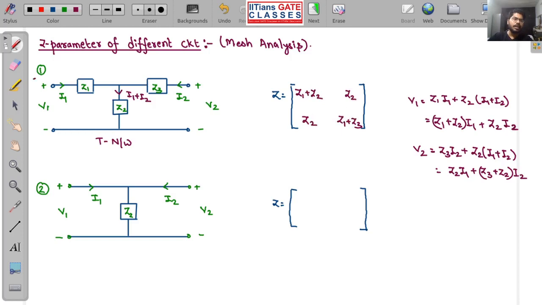So remember this circuit, these are all my standard circuits. Now what if my Z1 and Z3, the impedances, are 0? So what will happen? Simply it will be Z2, Z2, Z2, Z2. What I have done is Z1 and Z3 I have put as 0. So here I think it is Z2 and Z3 plus Z2. So here it will be Z2, fine. So Z2, Z2, Z2. All the elements of the matrix will be Z2.